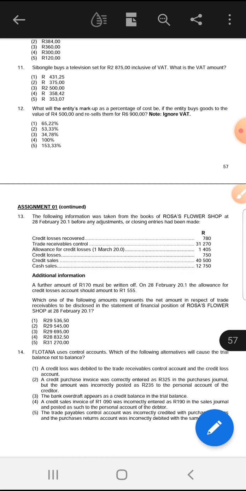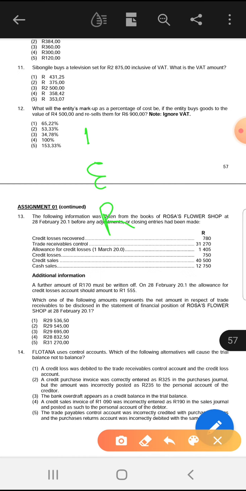Our correct answer for number 11 will be option 2. How did we calculate that? Guys, when they say the amount is inclusive of VAT, let me just show you how we do it. Let's say E is exclusive, then R is rate. Inclusive is always 115, exclusive is always 100. It's like the gross. Then our VAT rate is 15. So they gave us the amount which includes VAT, and they are telling us to find the VAT amount, meaning we take the amount that we are given,